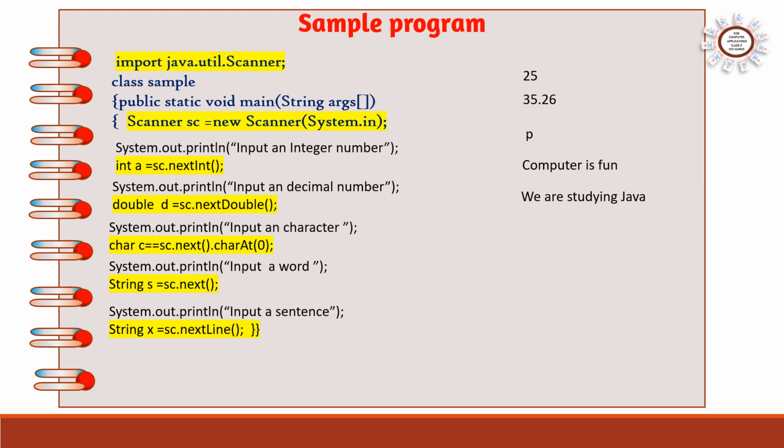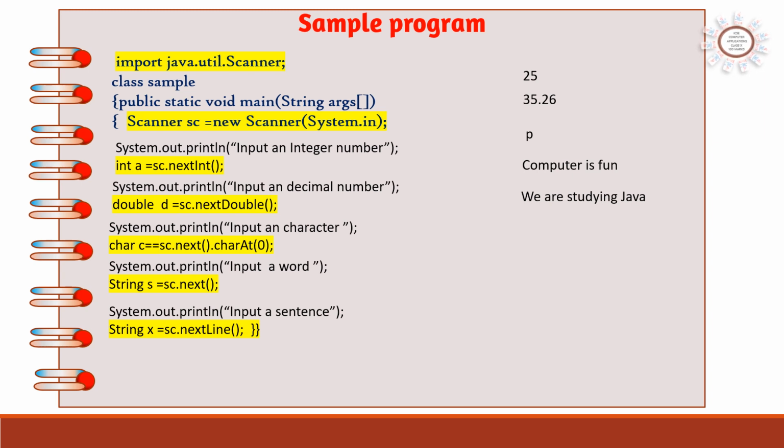So like this we have accepted data types of different kinds. So for an integer number sc dot nextInt, if it is double sc dot nextDouble. If you are accepting a float number sc dot nextFloat. If you are accepting short sc dot nextShort. So the command is easy. Only in this case one more thing we have to see, we are using the wrapper class Double with D capital, and if you are using nextFloat, F capital. So mainly wrapper class properties are also used here.